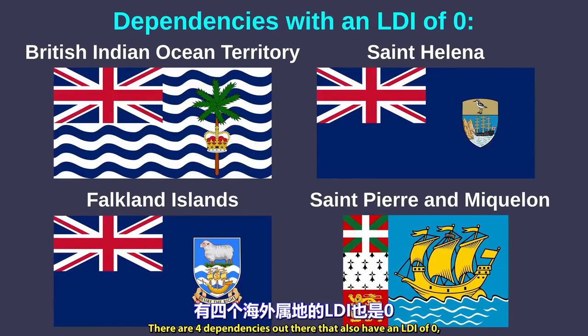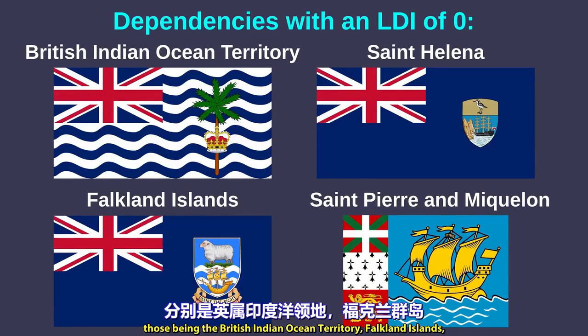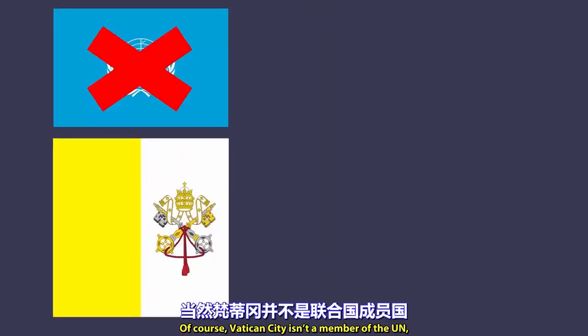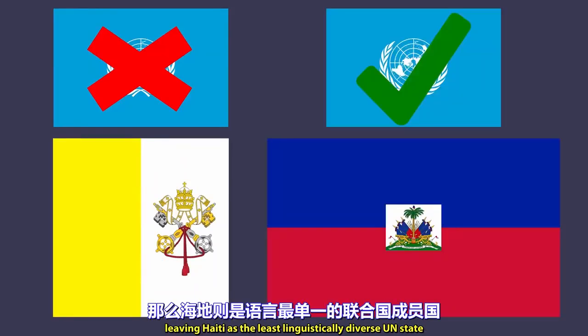There are 4 dependencies out there that also have an LDI of 0, those being the British Indian Ocean Territory, Falkland Islands, St. Helena, and St. Pierre and Miquelon. Of course, Vatican City isn't a member of the UN, leaving Haiti as the least linguistically diverse UN state according to Ethnologue,